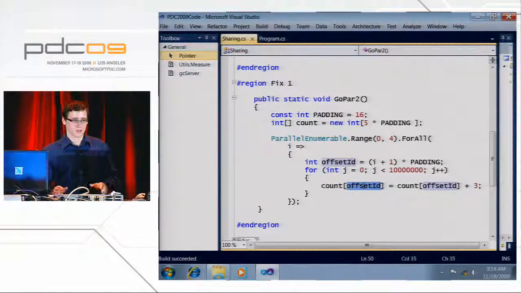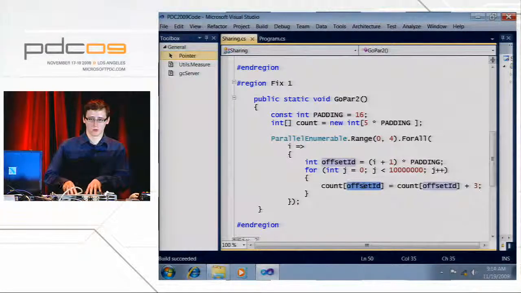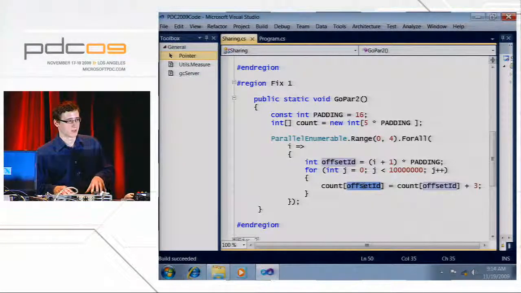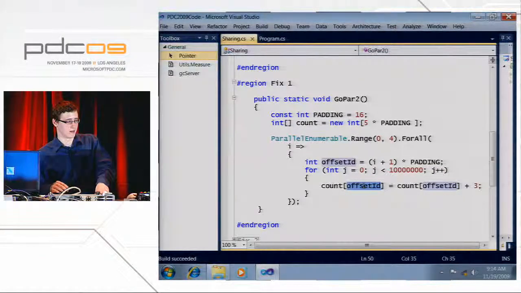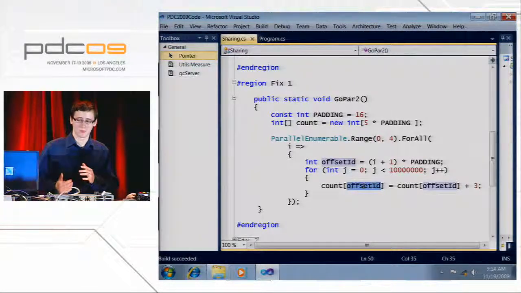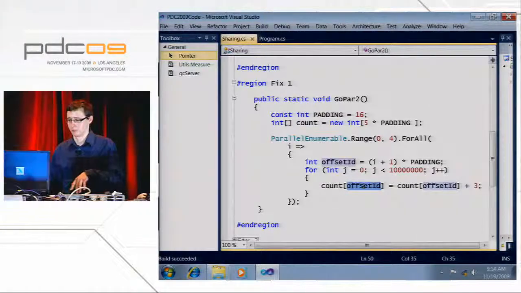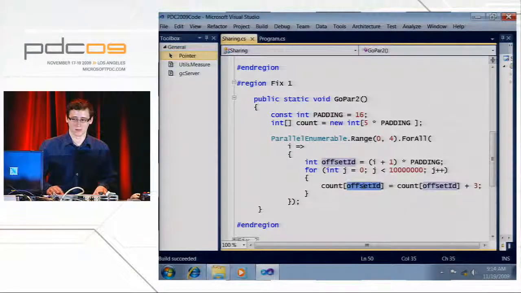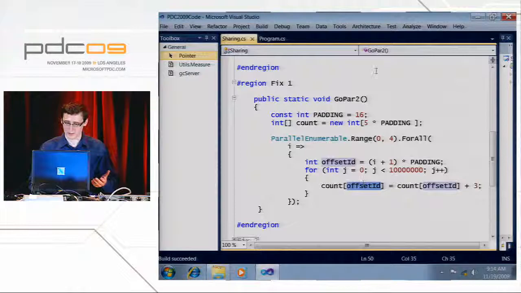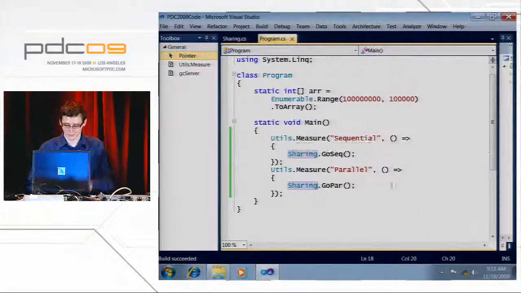And so if you don't pad, if one thread keeps updating element 0, it will keep invalidating the cache line that contains the array length. And so all of the other threads that are trying to do range checks will have to keep getting that array length from the main memory. So I have the fix here that works properly by padding both from left and right,